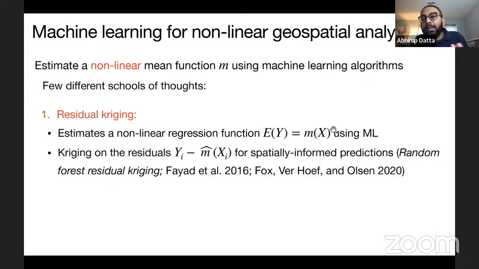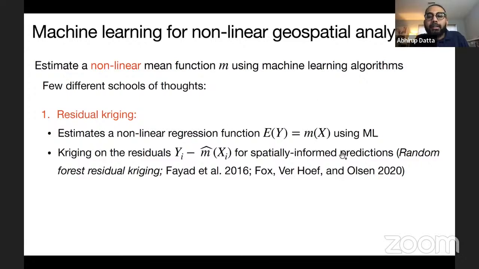So you just take y and x and fit a nonlinear function of x on y using either random forest or neural network or whatever you prefer. Then, to account for the spatial dependence, you take the residuals from your fitted model, and then you do kriging on those residuals.